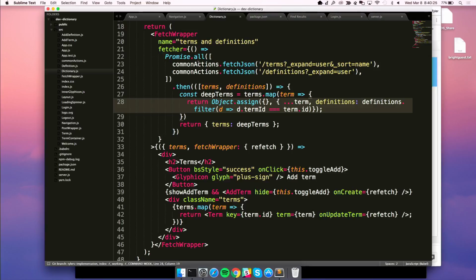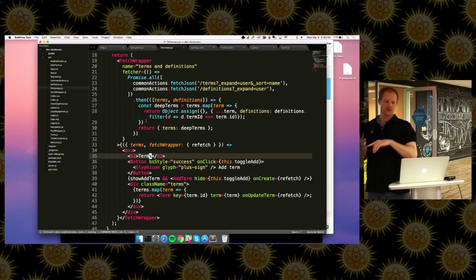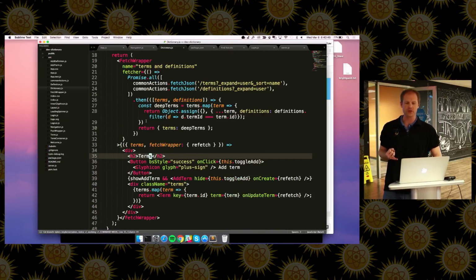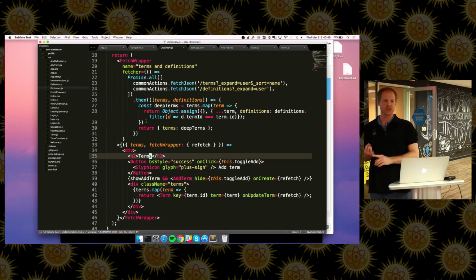Okay, so I'm in the dictionary. Is that big enough? I'm in the dictionary file. This is like the first thing that shows all the terms and definitions, right? And similar to what Jason did with lore, my whole thing is I want to hand off all the responsibility for maintaining the state of I need to show the user a spinner when it's fetching the data. If there's an error, I want to know that. I don't want to have to go type all the boilerplate code of what's the state, is there an error? So